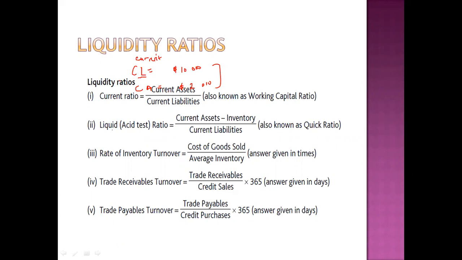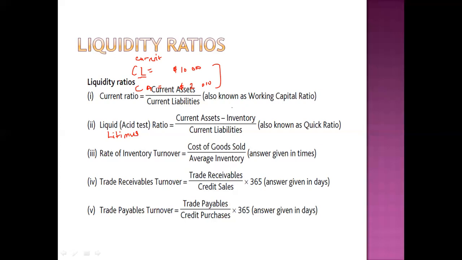Okay, then we need to move on to another aspect which we call the liquid ratio, or the acid test ratio, or the litmus. Sometimes it's called the litmus test ratio. The litmus test ratio is our current assets minus our closing inventory, then we divide by current liabilities. So it's almost the same